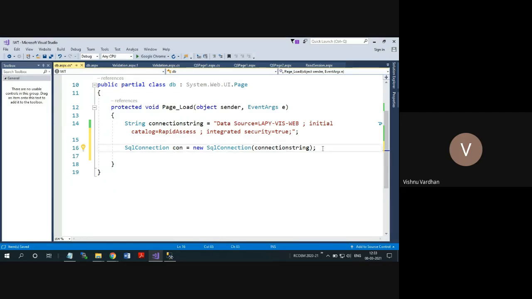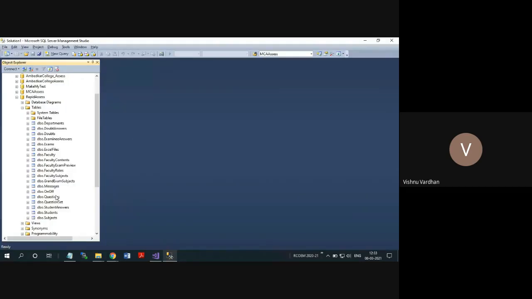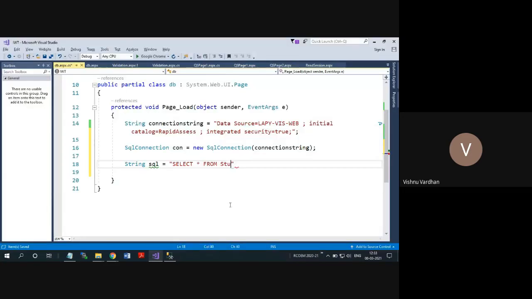Then after this connection object, we have to take some query, isn't it? So select star from, I want to take the data from students. So let us take this table. I will write here select star from students. So this is my SQL query. In that way, you can take any query, but for select operations, I am writing this select star